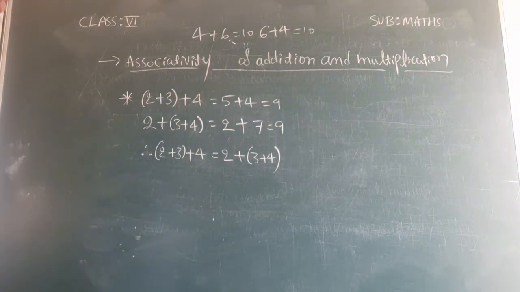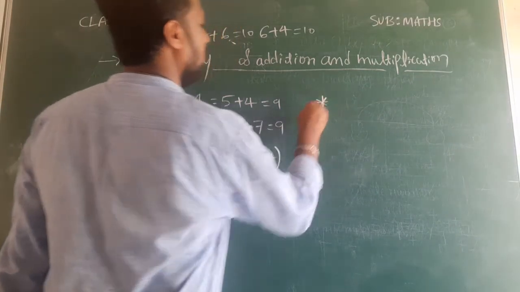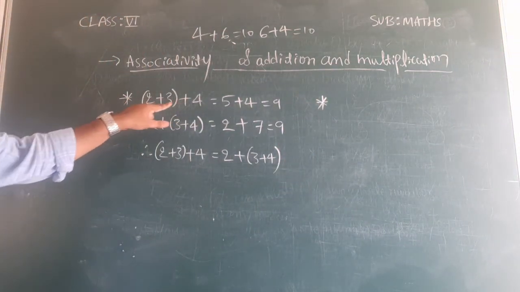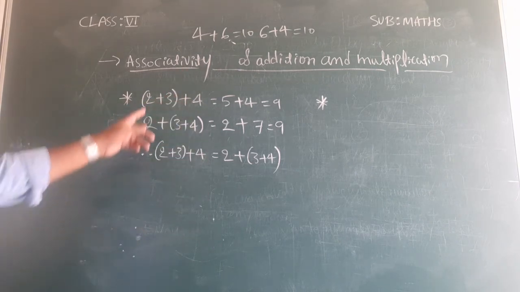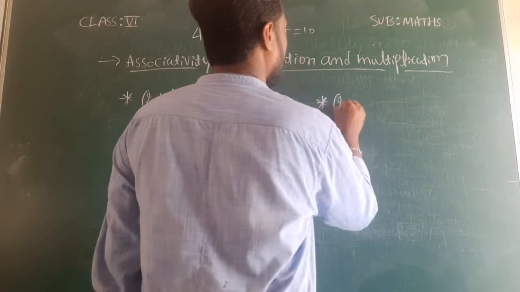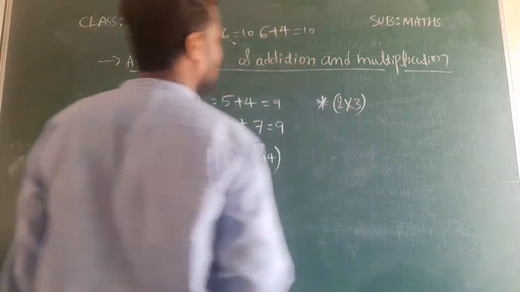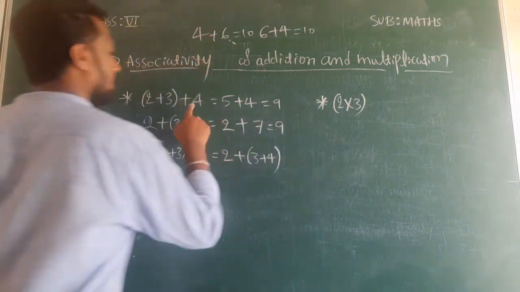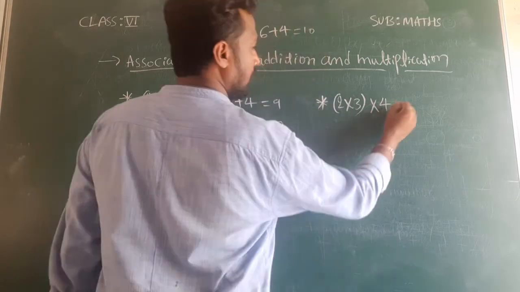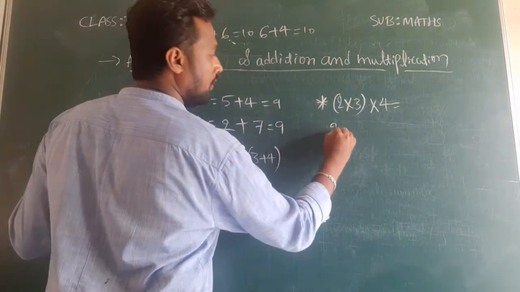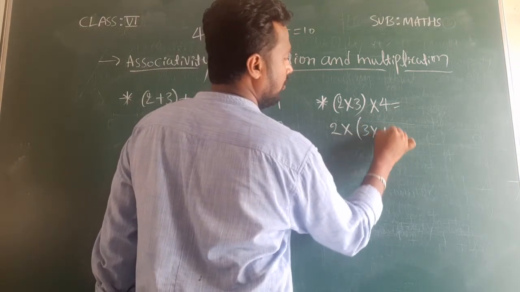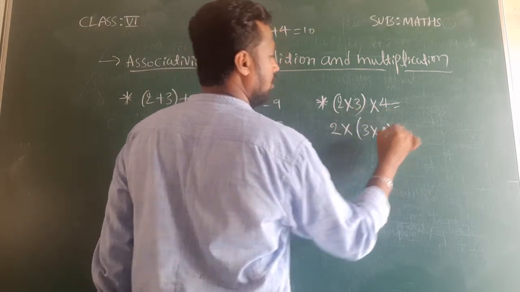So here they have not given direct values. I will consider the same example for multiplication. Just in place of plus, I will consider multiplication. They have given addition here. Now I will consider multiplication. So 2 into 3. This is for multiplication. 2 into 3, and outside the bracket what you have? 4. So into 4 equals to, and here 2 we will write outside the bracket, and inside the bracket we will write 3 into 4. Same values we have written.